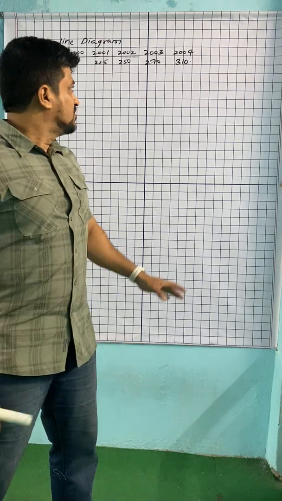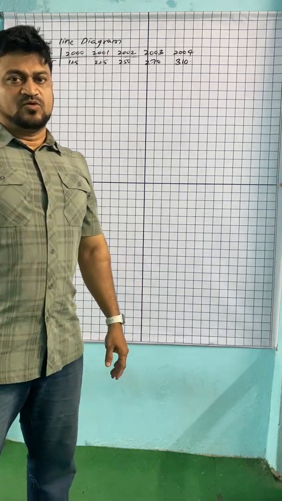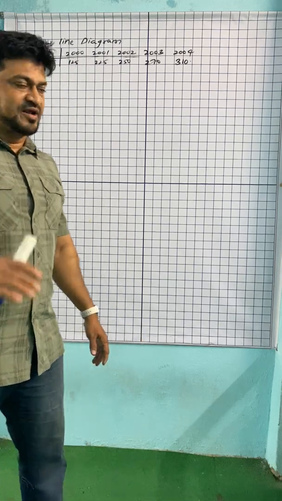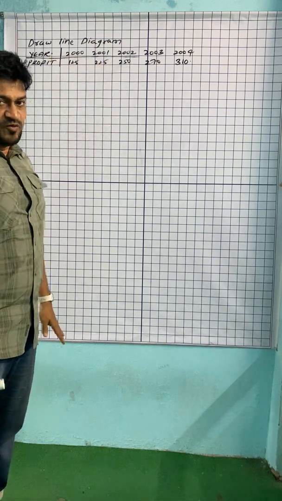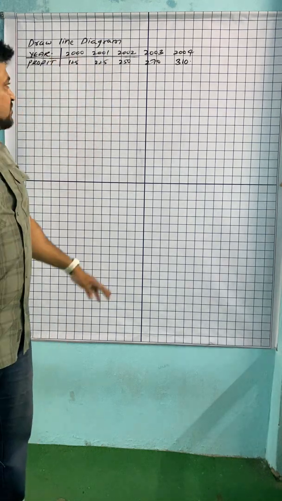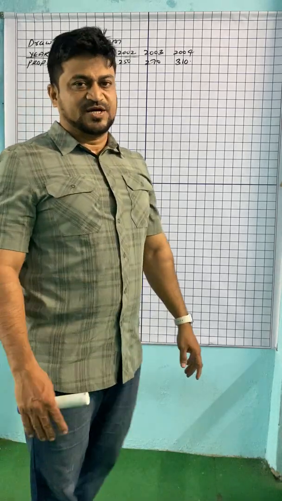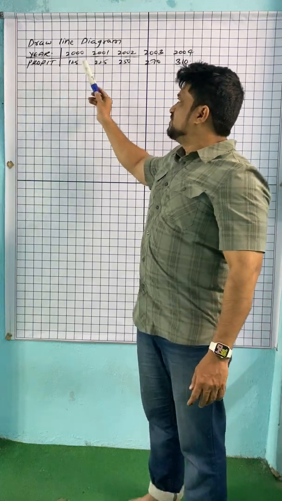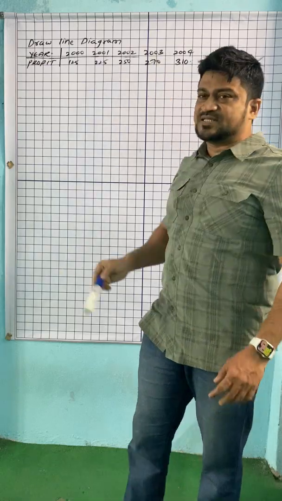It is not that visible. So you have to watch carefully and listen to each and every word I am telling you. Years are 2000, 2001, 2, 3, 4. 5 values are given to us, and profit is given as 5 corresponding values to the years. Means in year 2000 profit is 125, in year 2001 the profit is 225. So they have given yearly profits.